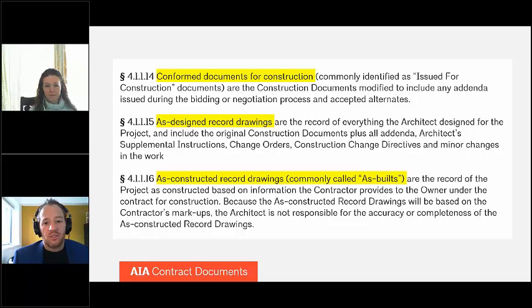That's not a particularly satisfying answer, but we do have suggested language in the instructions to the B101 that you could potentially insert into that Section 4.1.2.1 that I just showed you on the screen, if it makes sense for your project. A lot of folks don't realize that we have instructions to each one of our documents, and those instructions sometimes provide suggested language. For example, we do have language that you could use for conform documents for construction. We clarify in the instructions to B101 that